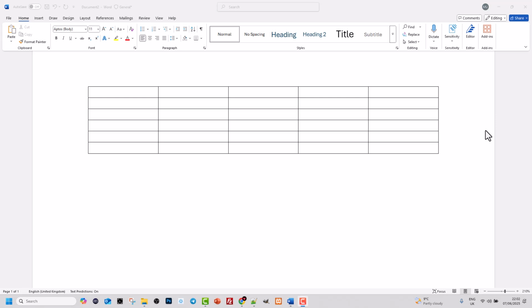In this video, I'm going to show you how to add background color to table rows or table columns. First, I will show you how you can select a column or a row in a table in Word. So, if you would like to select some particular column, you have to hover above that column